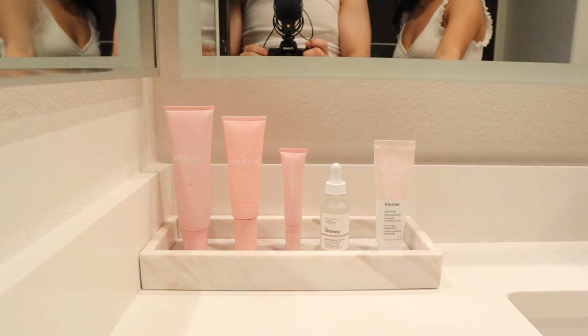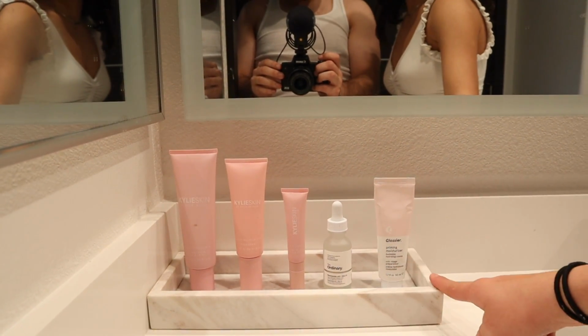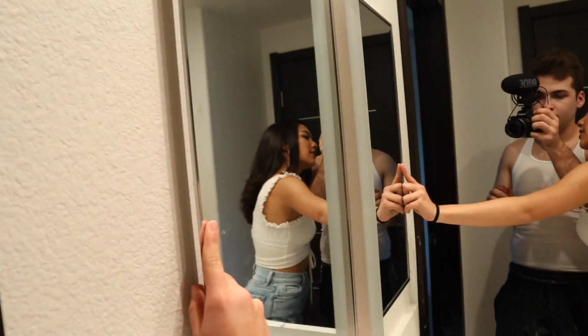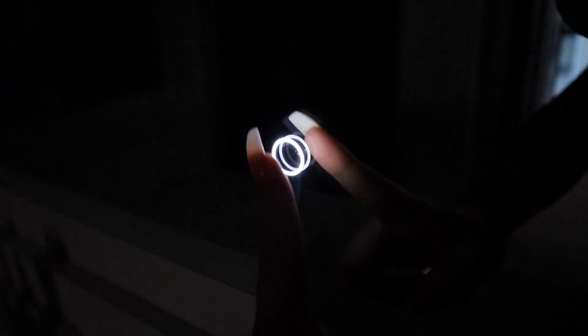It's all pink, if you couldn't tell. I have a whole marble platter with Kylie Skin, The Ordinary, and Glossier. Honestly, all of these suck. It's just pink and it looks pretty and it matches. So yeah, all of my stuff is actually in here. And then I have a marble soap dispenser. And my favorite part,